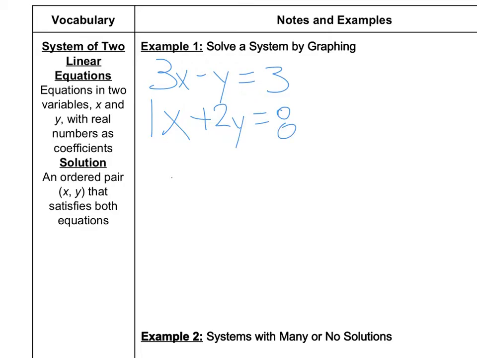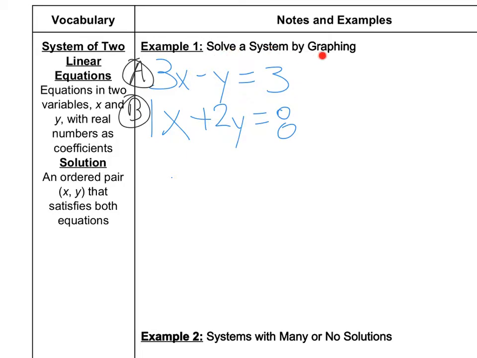Here's one thing I like to do. I like to label these. So this is equation A, this is equation B. When we get further down the road, you'll kind of see why. But in this first example, these are two linear equations, keyword being line, okay? What we want to do is find the solution. And when it says up here in the example,